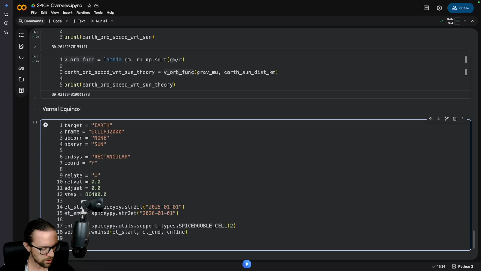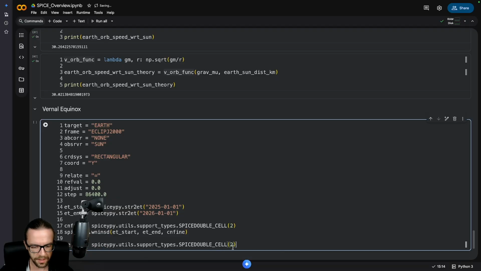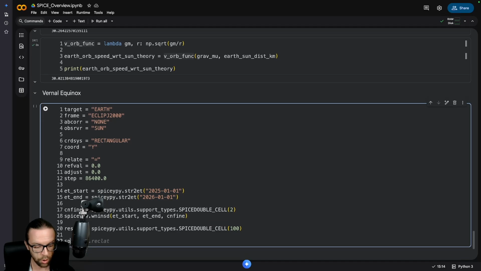And then we also need to define the parameter where everything will be stored. It's called simply result, and it's also from utils support types. It is a SPICE double cell. Oh, this autocompletion is a little bit messed up currently. 100, and these are the values we need now to call our actual function, namely